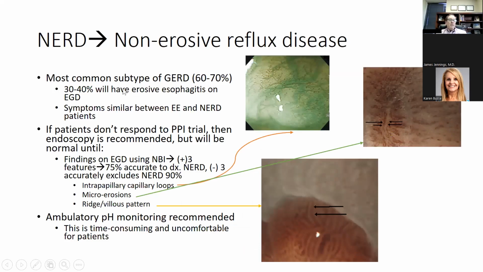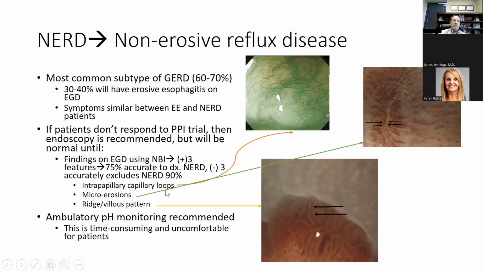But these patients have the same symptoms of heartburn, regurgitation, etc. The way we're doing this now is using a special light with endoscopy called Narrowband Imaging, and this is on all of the new endoscopes that are currently being used today. It's a click of a button, and Narrowband Imaging allows us to look at the microvasculature of the esophagus, and we're looking for 3 different